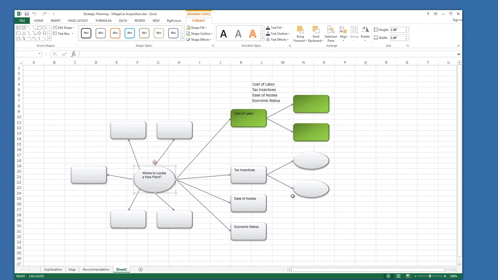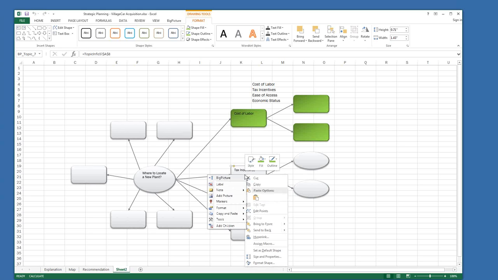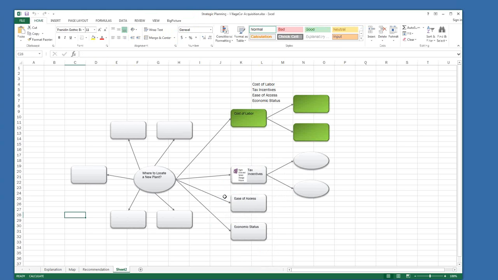So maybe you want to do some whimsical things, add some pictures instead of just doing colors and special shadowing and highlighting. Maybe for tax incentives, we may want to add a dollar sign or something. What you can do is right mouse click, and you can do a few things. You can either do add picture here, and this will put a placeholder there